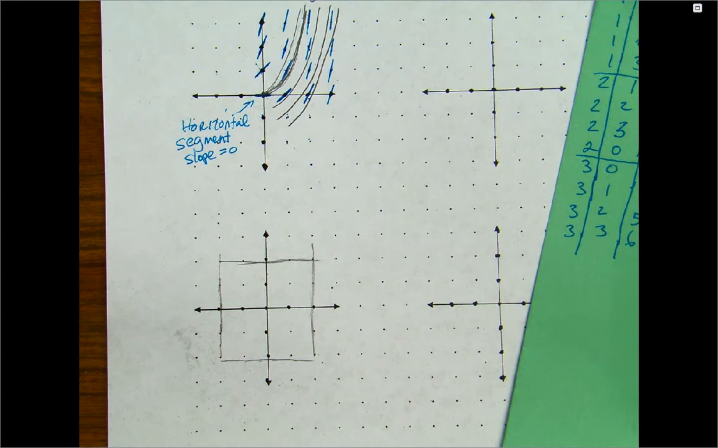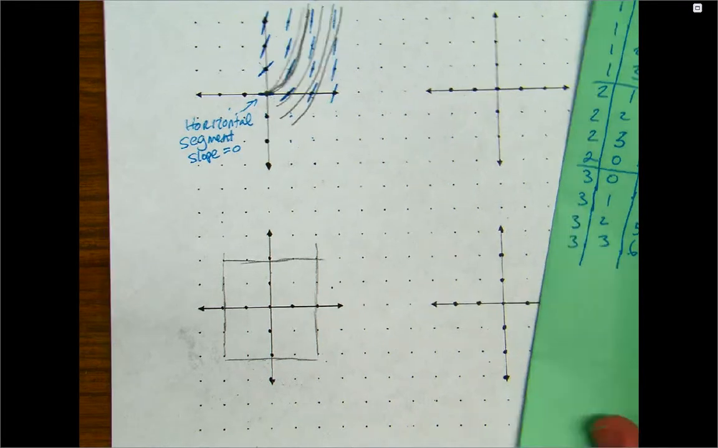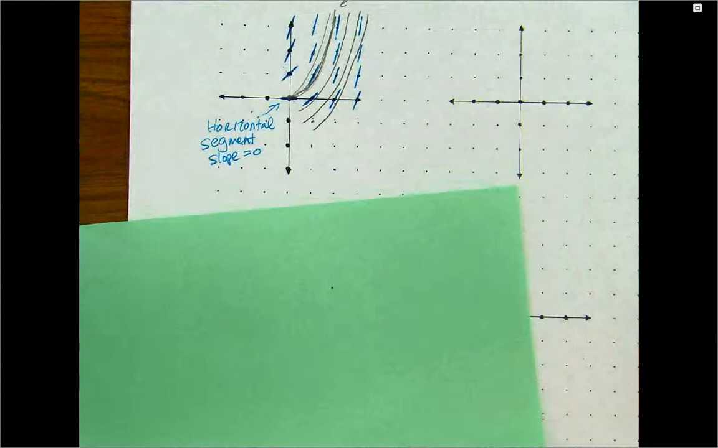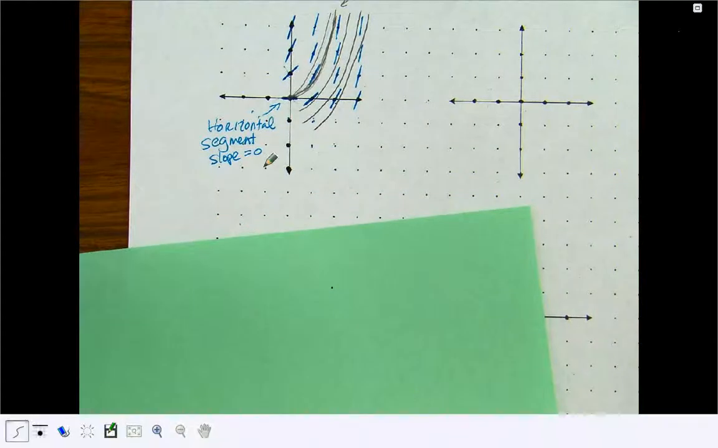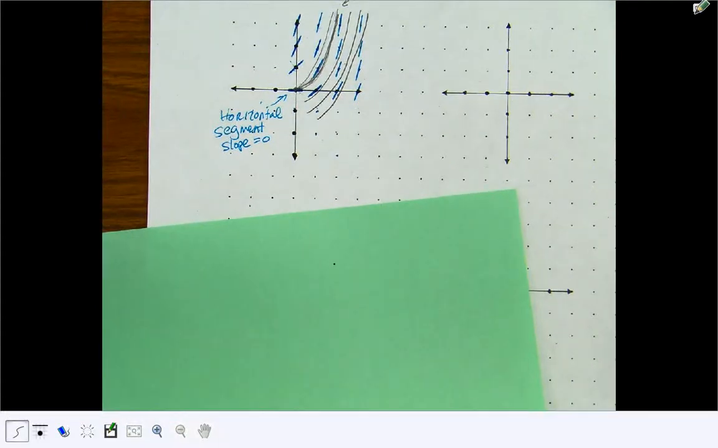Now, given that, I want you to, and honestly, there's nothing else to slope fields besides that. That's how you create them, and they just represent the